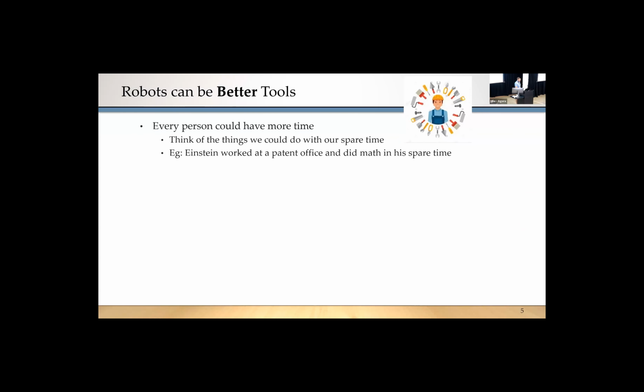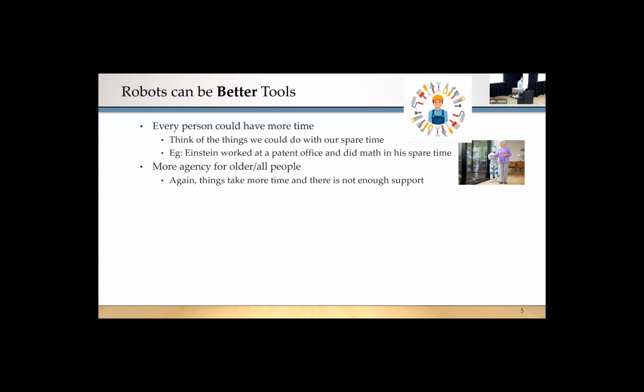And there's a lot of benefits for this. I like to think of it as every person would have at least a bit more time to do whatever they want to do. I like to give this small example where Einstein was working in a patent office. In his free time, he was doing mathematics because he loved mathematics and came up with things. Maybe it's this creative time that's the best time that we should try and give back to people, and that'll provide better benefits for society.